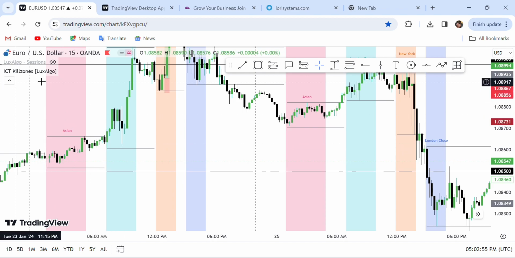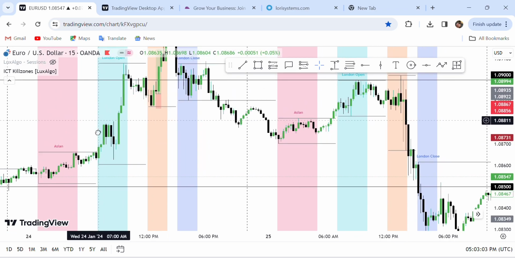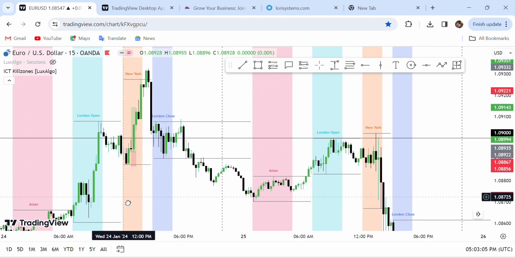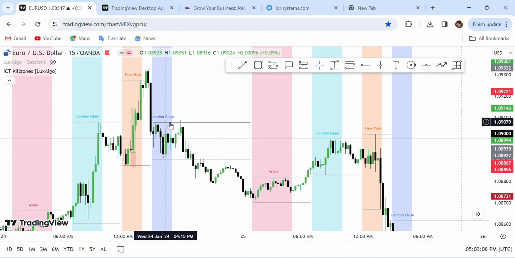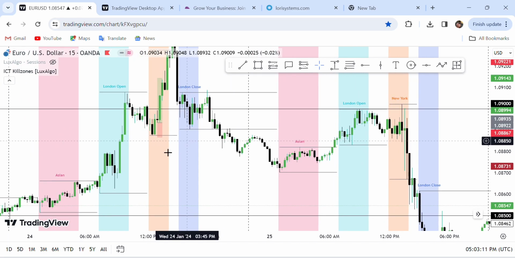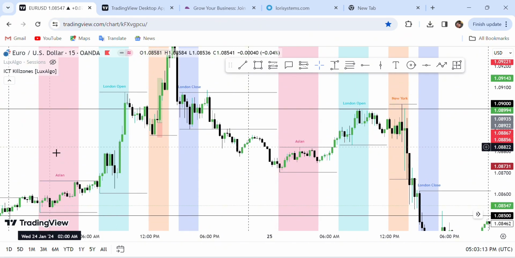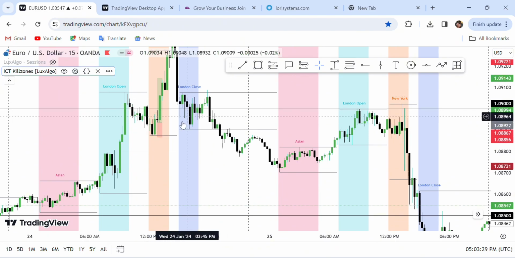So what this particular indicator does is that it shows you the trading ranges of the Asian session, the London open, the New York open, and then the London close. Okay, these are very important times to trade in the forex market. So that's why I prefer to use this indicator. So I'm going to go ahead to show you the settings that I have on my indicator so that you can use the same thing, because when you select the indicator first, it looks a little bit different from what we have here. So you go into your settings